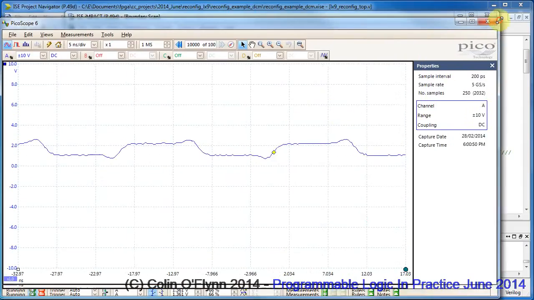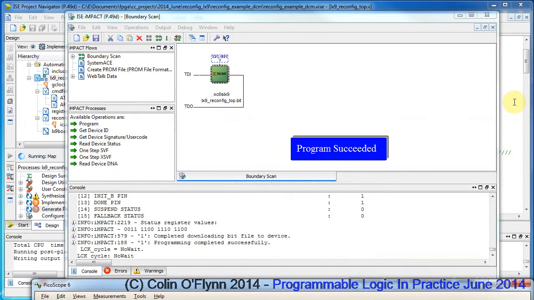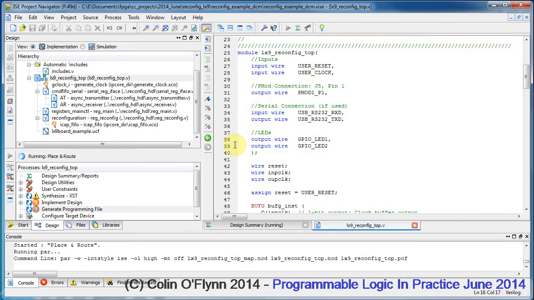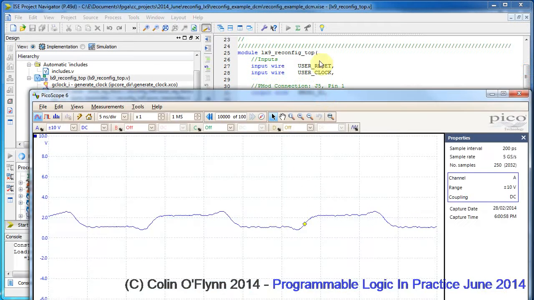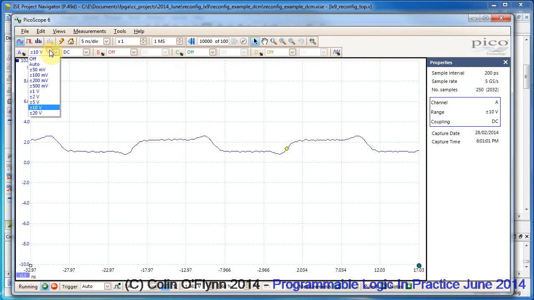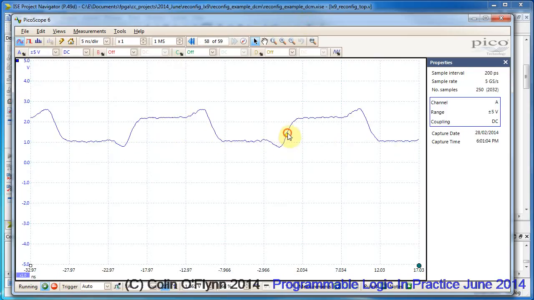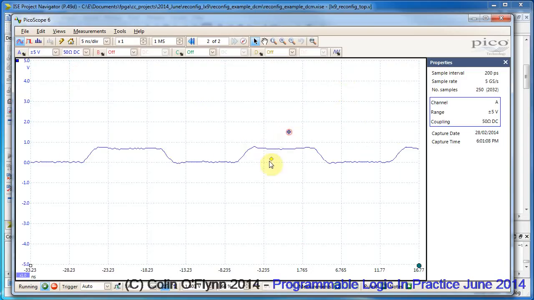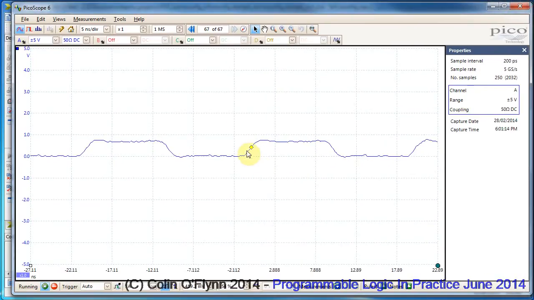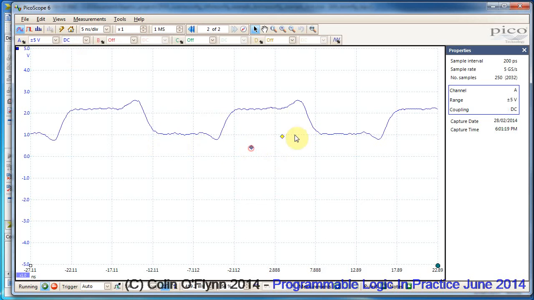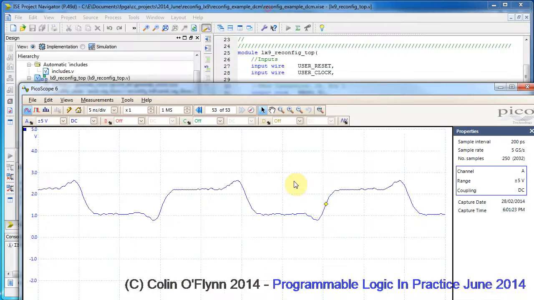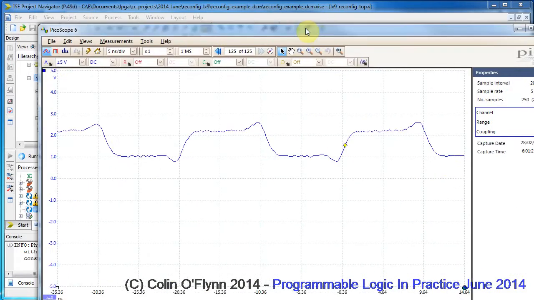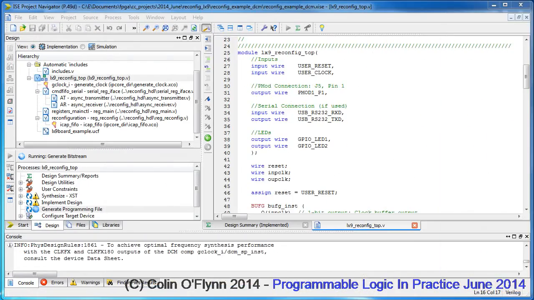I also have an oscilloscope connected to the clock line that the design outputs. In particular, this oscilloscope is a PicoScope model, and it can switch the input to be either 50 ohm DC, so 50 ohm terminated, which is going to be useful to show you the differences in drive strength, or we can just do unterminated, like that. So once that's done, let's program the